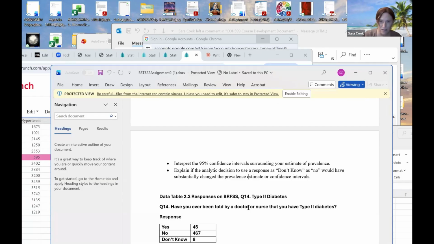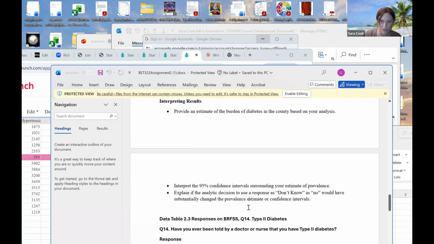And the last part of the interpreting results is kind of goofy. It says, explain if the analytical decision to use a response as don't know as no would have substantially changed the prevalence estimate or the confidence intervals. You could formally test that. You could go back in and just exclude the don't knows, and see how much that affects things. Or you could say, well, as a proportion of the whole,